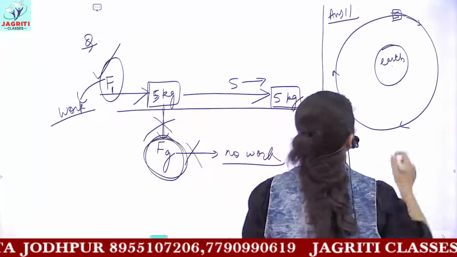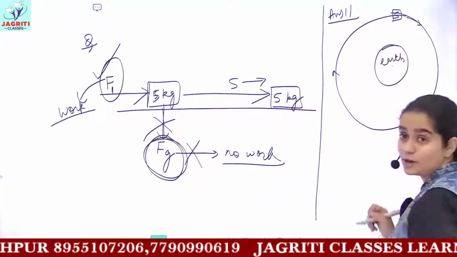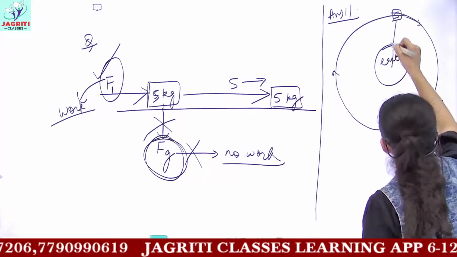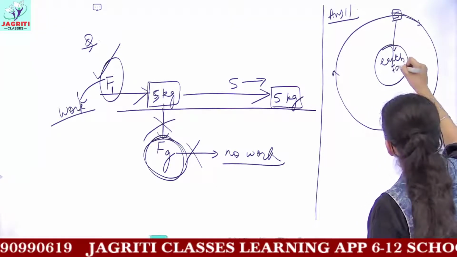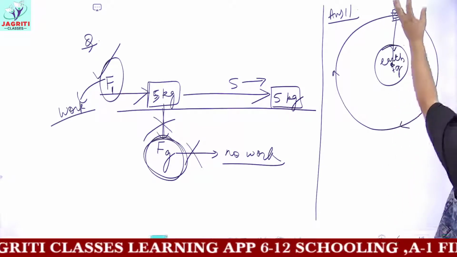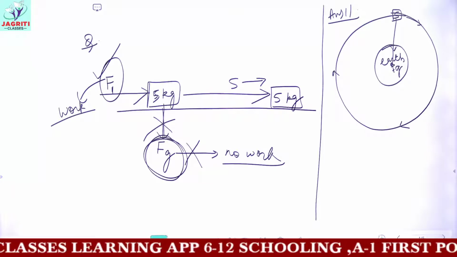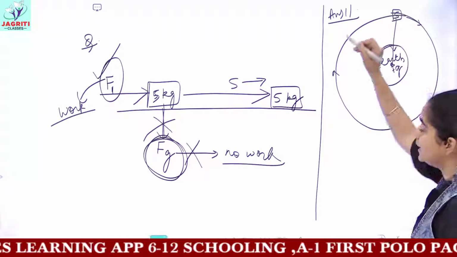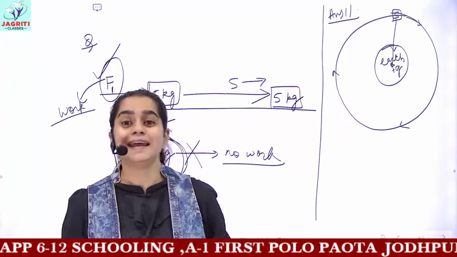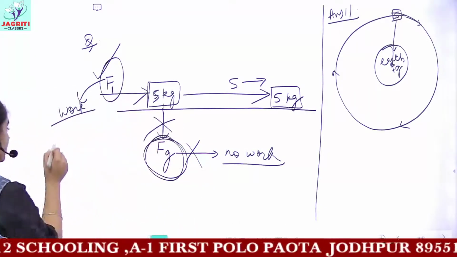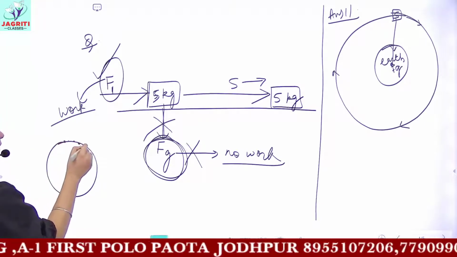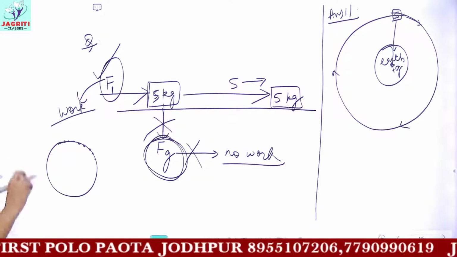So now this satellite would experience forces here, okay? So we are considering that it experiences a force which is the gravitational force. This gravitational force tends to attract the satellite towards the center. And the direction of the satellite, when we discussed uniform circular motion in chapter 8, motion, I told you that whenever you are talking about the circle, at every point on the circle, the direction is different. And what is the direction?